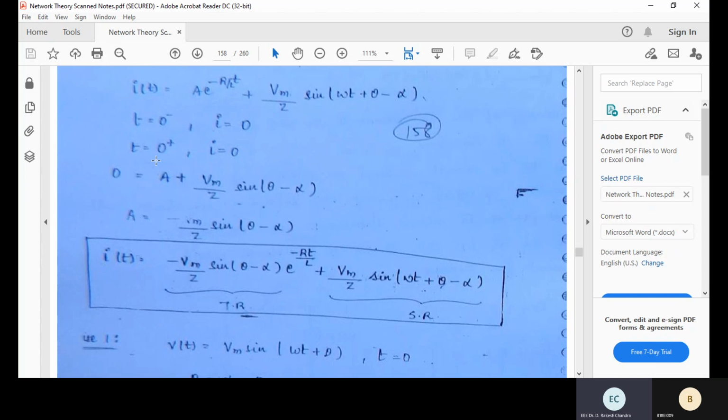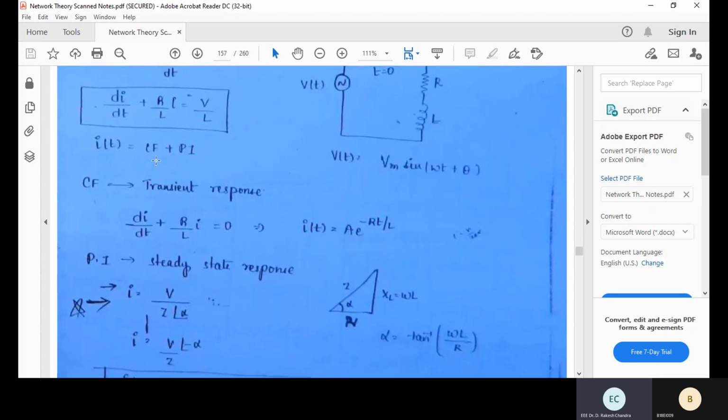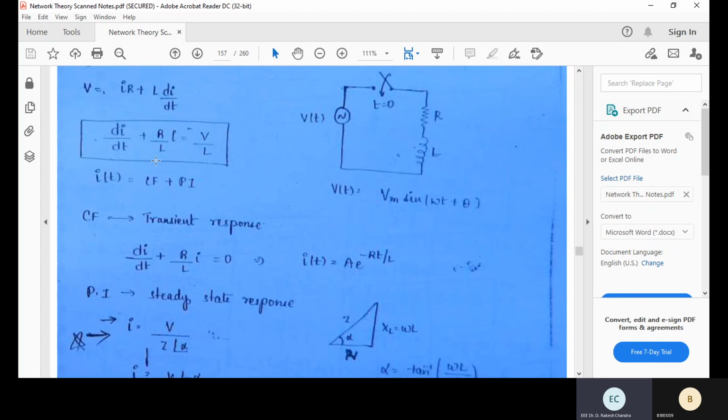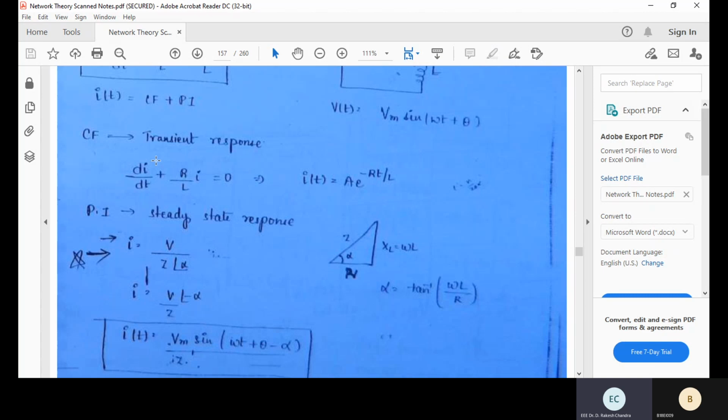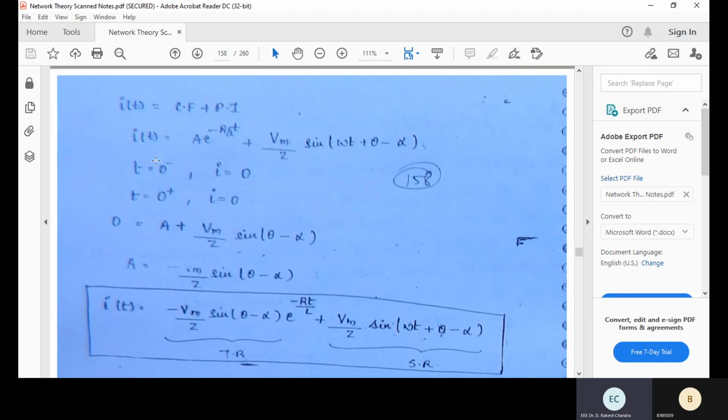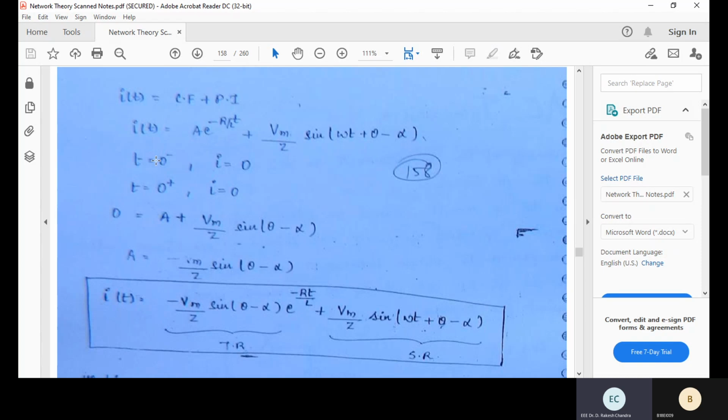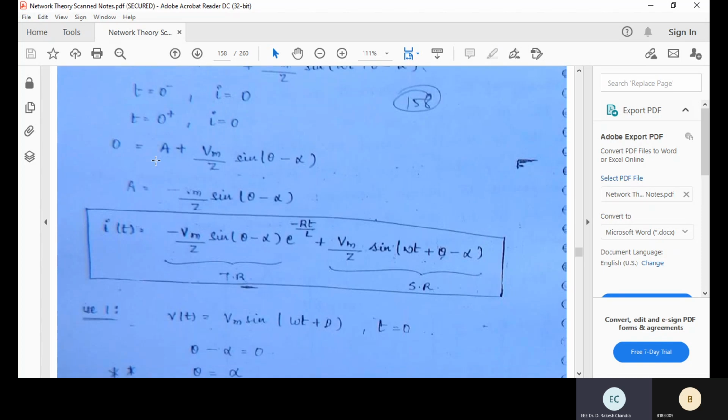because it is an inductor. What is the property of an inductor? An inductor doesn't allow sudden changes in the current. So at t = 0−, what happened? The current in the circuit is 0 because there is no current flow. Exactly at t = 0, the switch is closed, but at t = 0− and t = 0+ the current response is the same, so the current is equal to 0 in such a case.